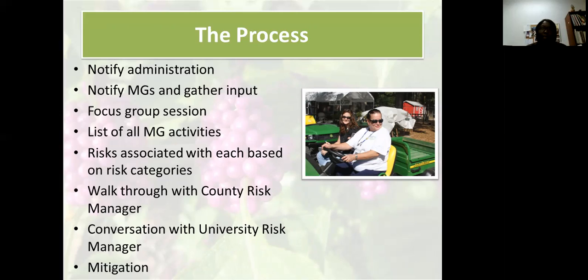So I started to do a lot of digging in the literature, in the Journal of Extension and whatnot, at the time to see if there was anything in terms of risk management for Master Gardener programs. And this was back in 2011. I couldn't find anything. I also sent out an email through the state Master Gardener coordinator to the coordinators in Florida to find out if anyone had done a risk management plan, and there wasn't any information there either. So I was in new territory, if you want to call it that.